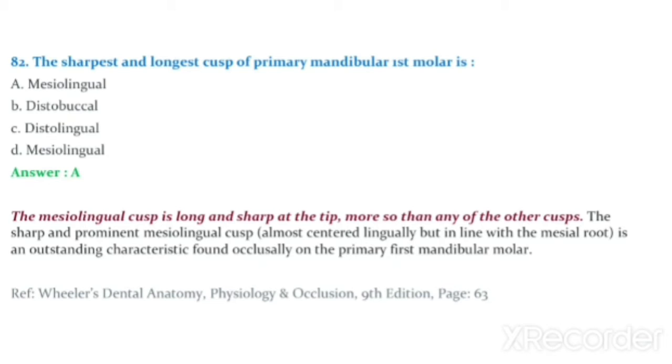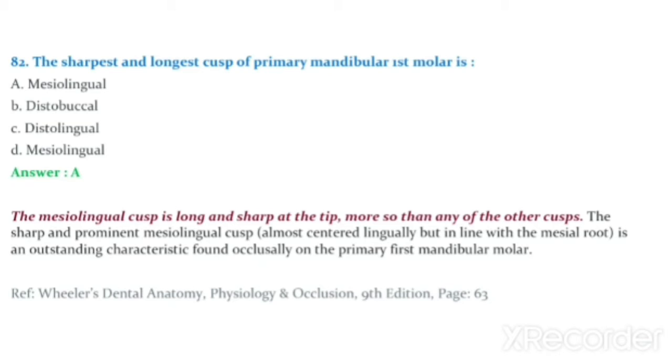Question number 82. The sharpest and longest cusp of primary mandibular first molar is option A, mesiolingual, option B, distolingual, option C, distobuccal, option D, mesiobuccal. The answer is option A, mesiolingual, which is the